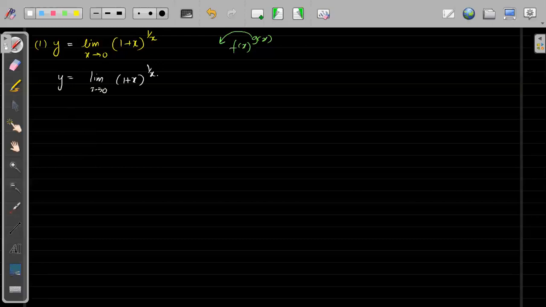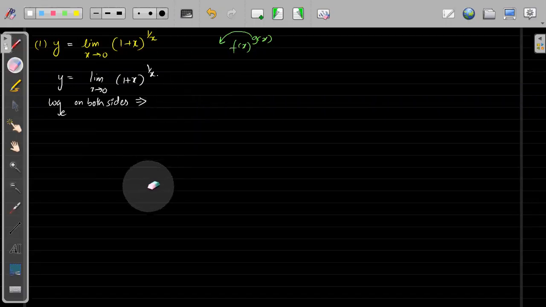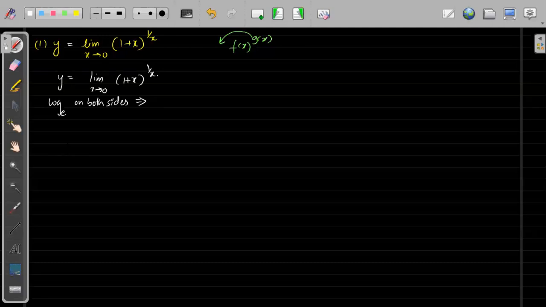Okay, so what we can do, we can take log on both sides. So we'll take log base e on both sides, right? So what will happen? Okay, fine. You try it first. So first take log base e, then tell me what you will get. Okay, try it first. Yes. Okay, fine. So I think you guys are getting e.